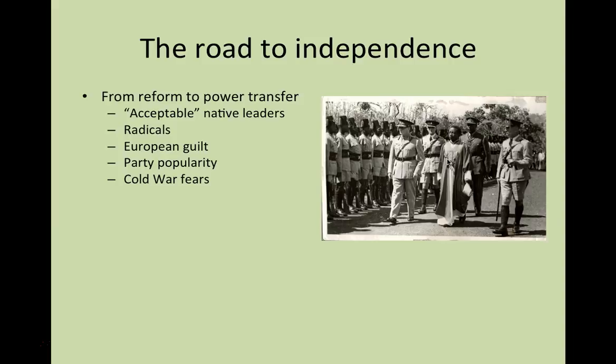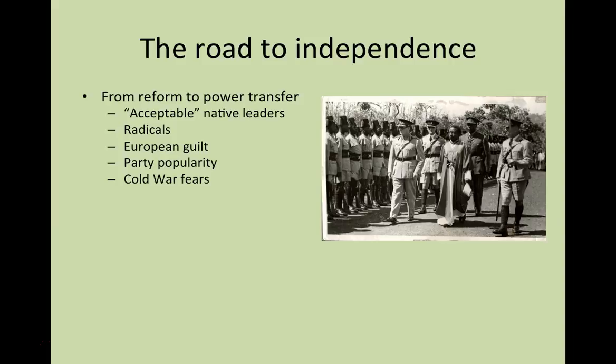This was a factor in the transfer of power. There were many instances of overreach on the part of the colonial power, and guilt really is the result in these cases of international scandals. So maybe the best example here would be Kenya, which I'll talk about in a few minutes, where the British